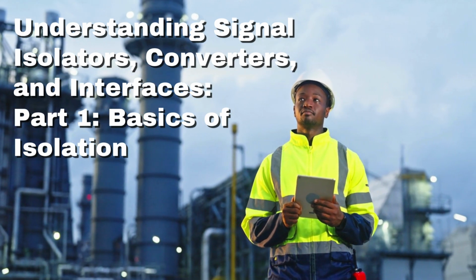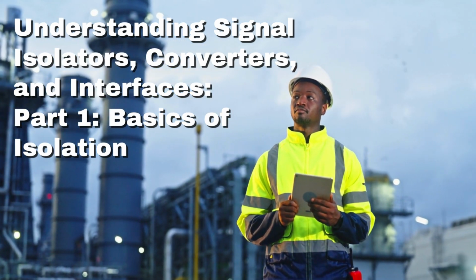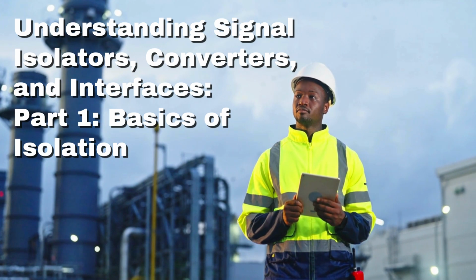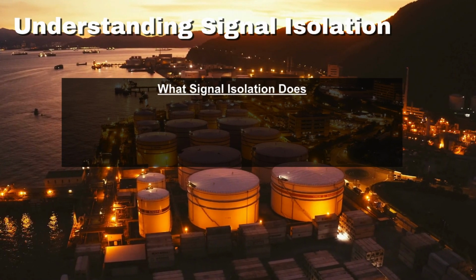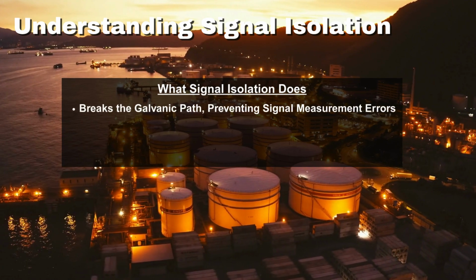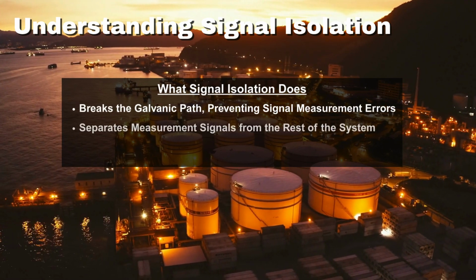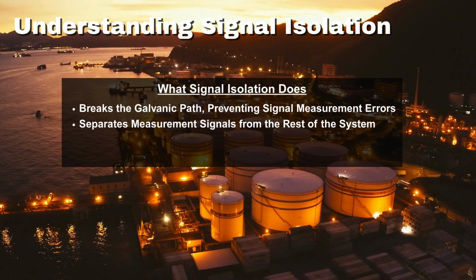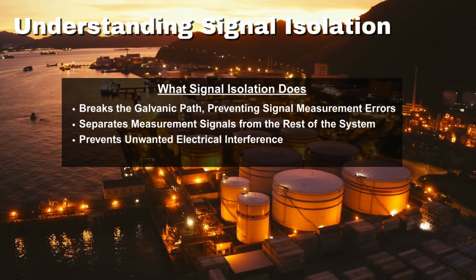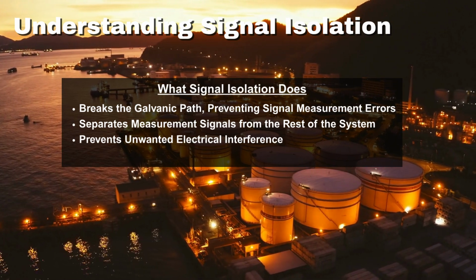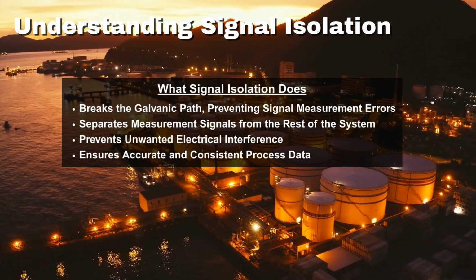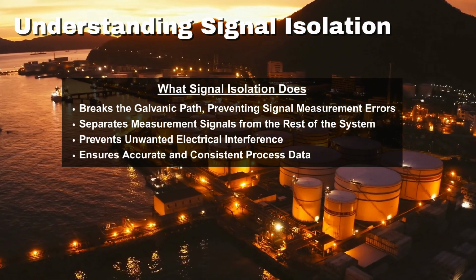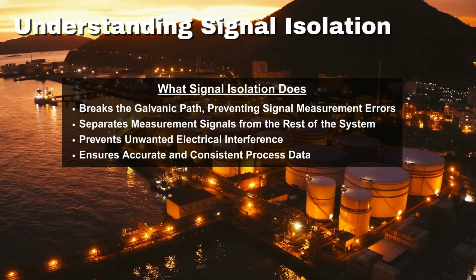In process control and instrumentation, signal isolation is a key tool for keeping your systems accurate, stable, and reliable. At its core, signal isolation breaks the galvanic connection within a measurement circuit and/or separates a measurement signal from the rest of the process loop, preventing unwanted electrical interactions from interfering with your instruments. This helps ensure that the data your control systems rely on is true and consistent, even in complex or electrically